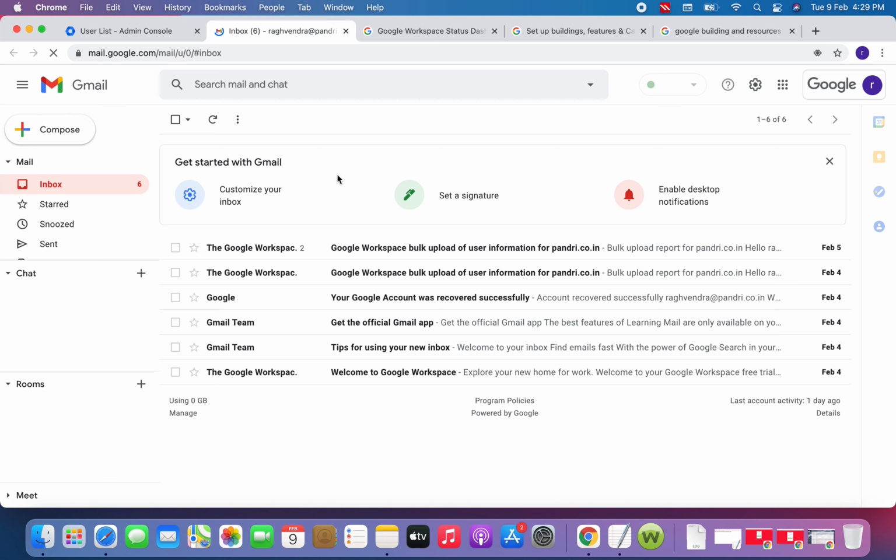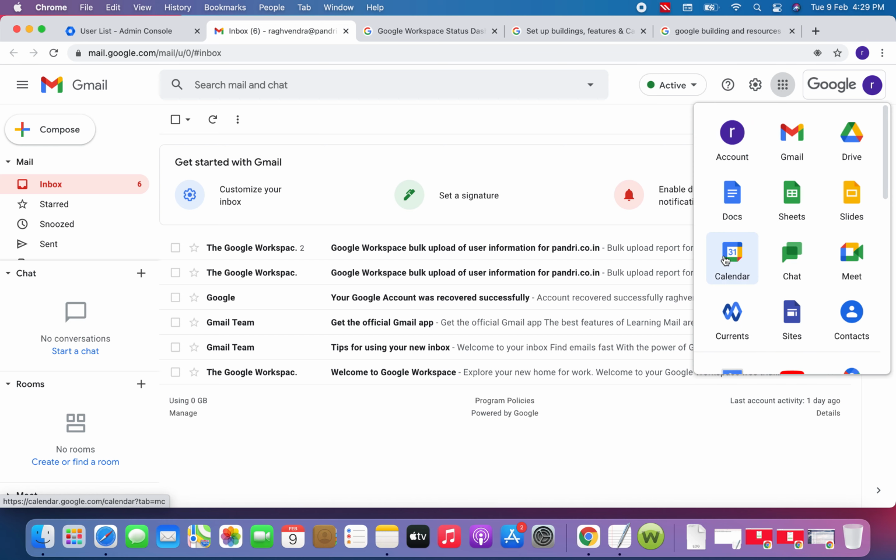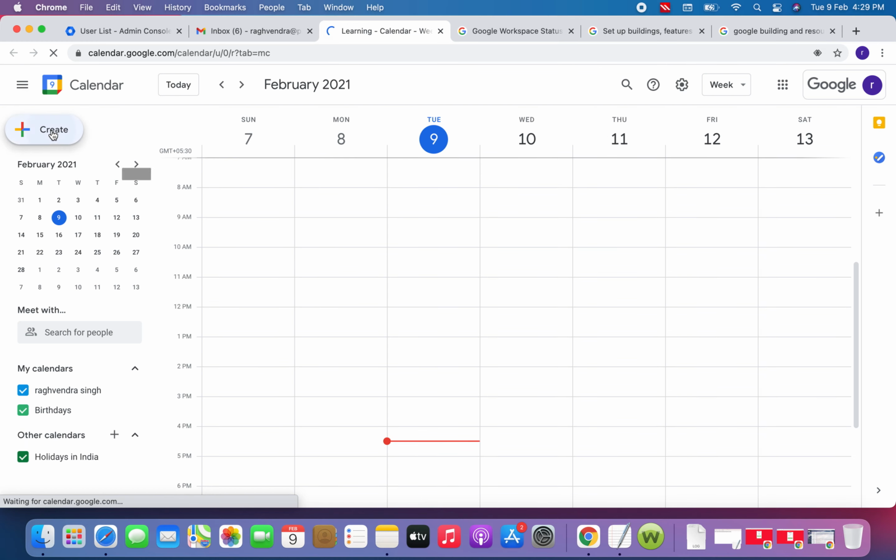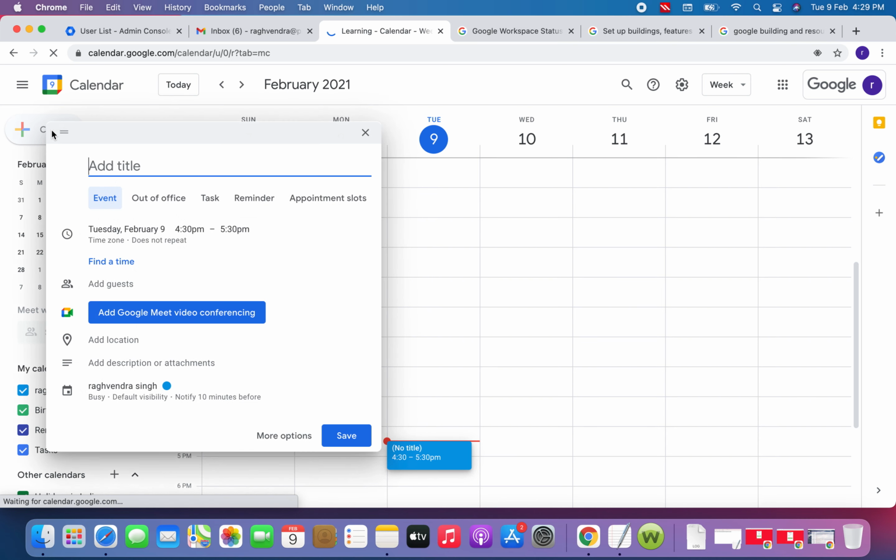I have logged in through my Gmail account. Let me open the calendar. In this I'll create a new event. Let me give it the title test meet, and add a guest.